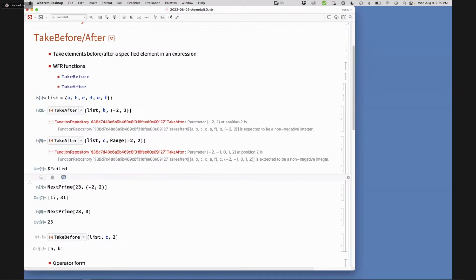So maybe we want an explicit list and listability, and just have the range there. Range could be such a list, sure. But this is a relative part specification, which we've never had before. Right, that's a new idea. And if we're going to have relative part specifications, where else could we have them? Well, again, next prime. But for example, if there are 3 Bs in the list, which one are we talking about here?